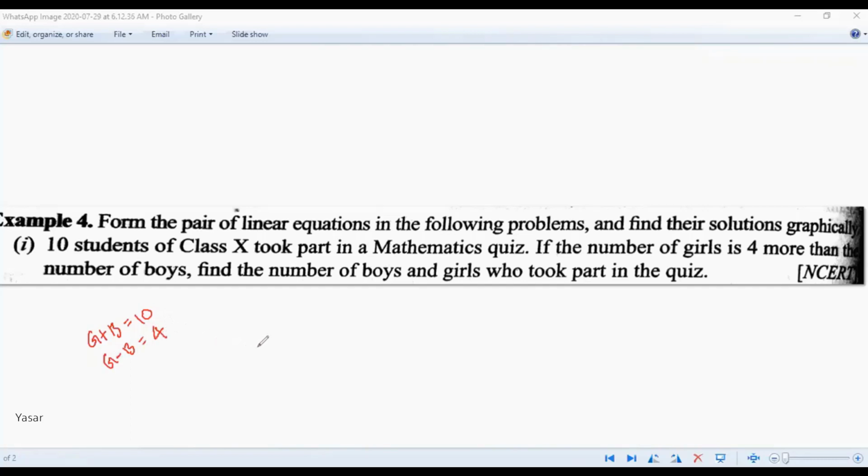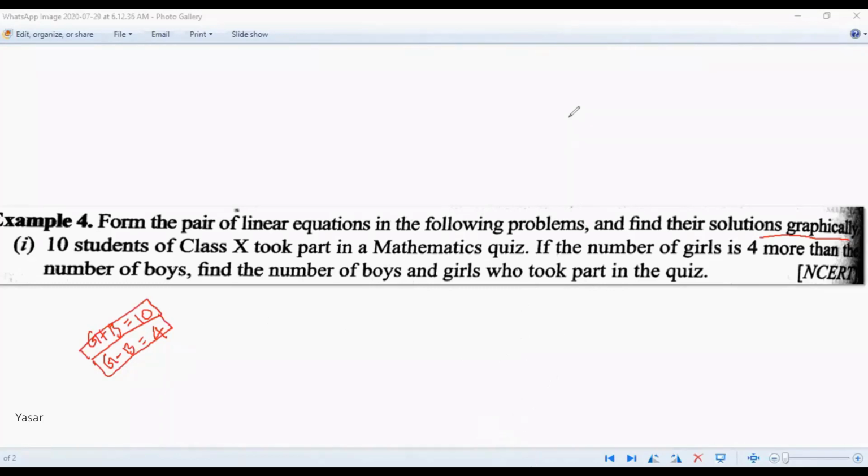These two are the given equations, and from them we want to draw the graph. This is very simple to solve using the algebraic method, but it is asked to find the solution graphically. So we just need to find some pairs of points on each line, then we can draw the graph and find the solution. Please try it. Find a set of points on these two lines. Two points each is enough.